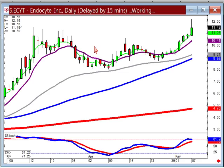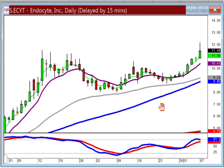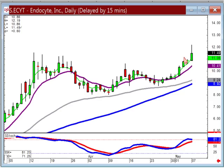ECYT. There's our doji sandwich. What's a doji sandwich imply? There's going to be more upside. What's this little pattern imply? Fry pan bottom breakout. So there's a couple things going on here. But if you just watch to see what everybody else is watching,